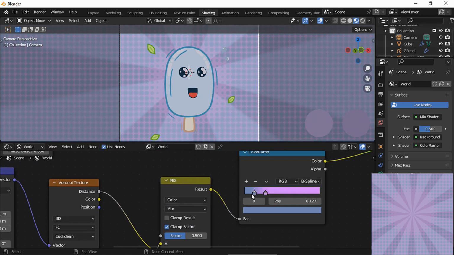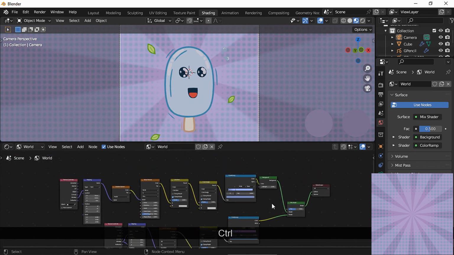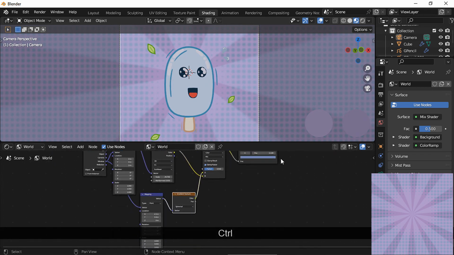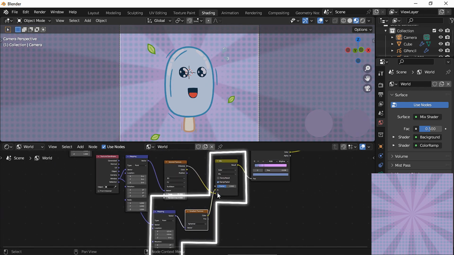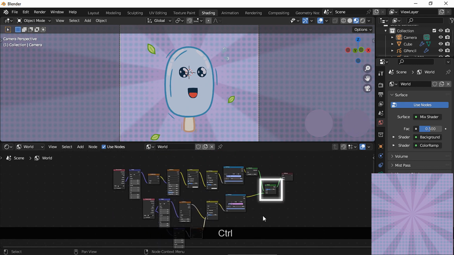This background took several nodes, so let's remember what each group of nodes does. Here we have the spherical lines. These nodes correspond to the dots, and these correspond to the spherical mask for the dots. And we used a mix node for combining all these elements. And we also used a mix shader node for plugging all the elements into the world output node. And you can use the same principle for making other shapes or for adding dots to the shapes we did previously, for example. You can even experiment with nodes we haven't used today.